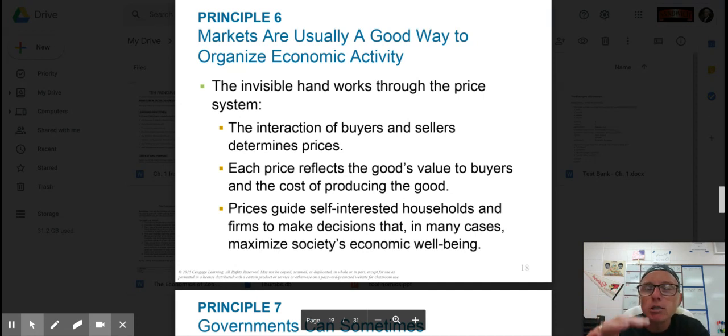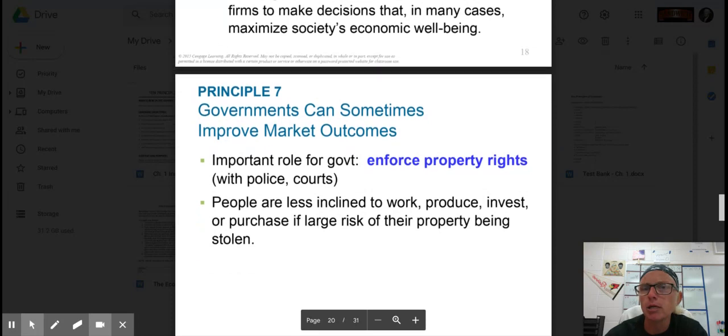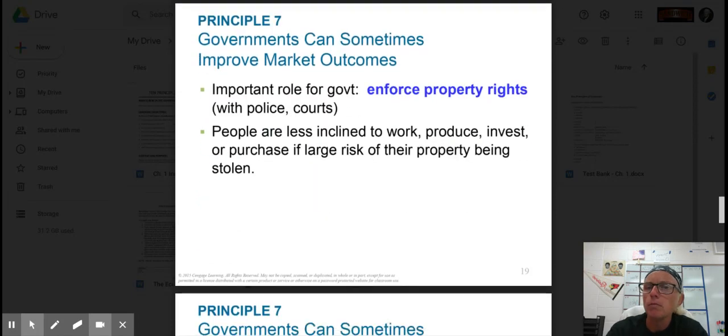It's because of businesses wanting our business so they can make money. And it's because of what we expect of quality that we get this, and we have a better society. As a parent, the great thing about cell phones is that I can make sure my kids are safe. I know where they're at. So it does help society's economic well-being. Think of medicine too. Oh my gosh, that's another one.